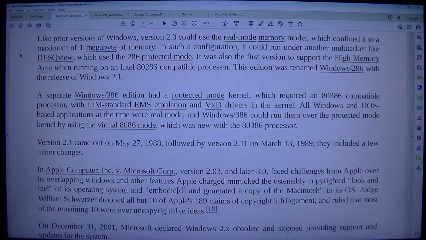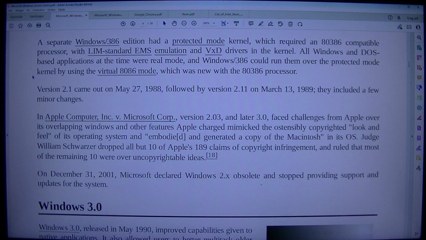had a protected mode kernel, which required an 80386 compatible processor, with LIM standard EMS emulation and VXD drivers in the kernel. All Windows and DOS-based applications at the time were real mode, and Windows/386 could run them over the protected mode kernel by using the virtual 8086 mode, which was new with the